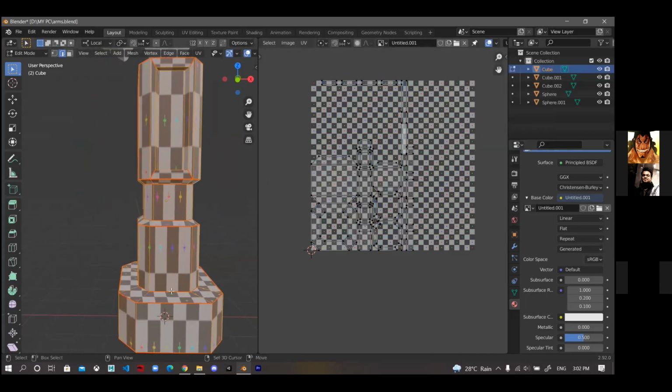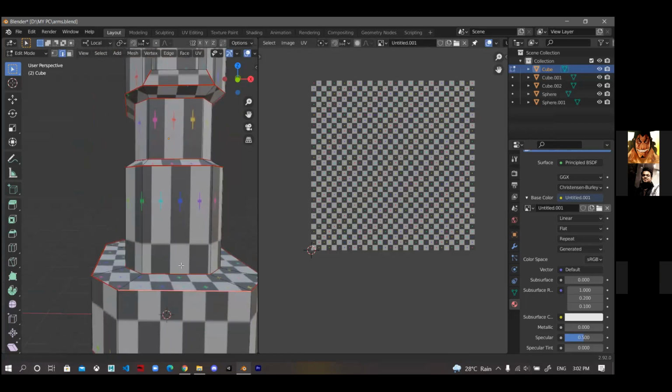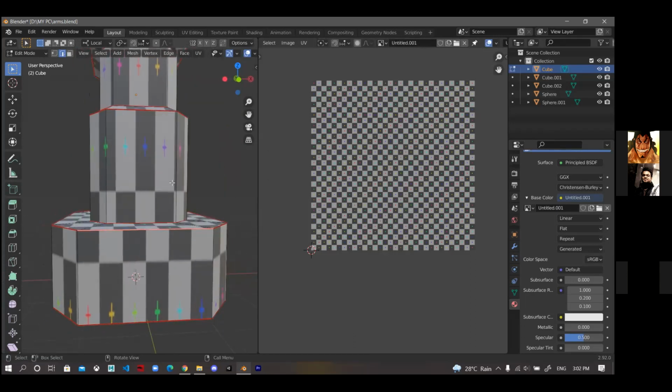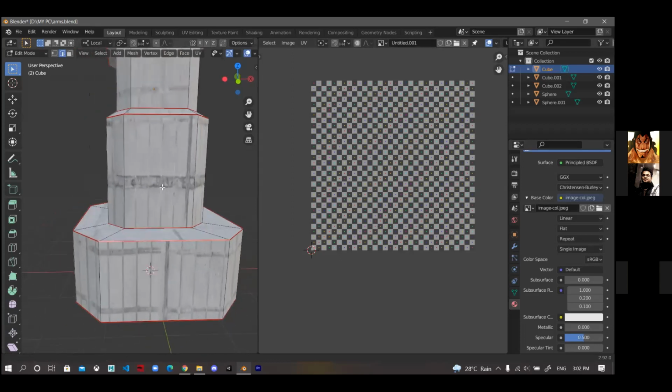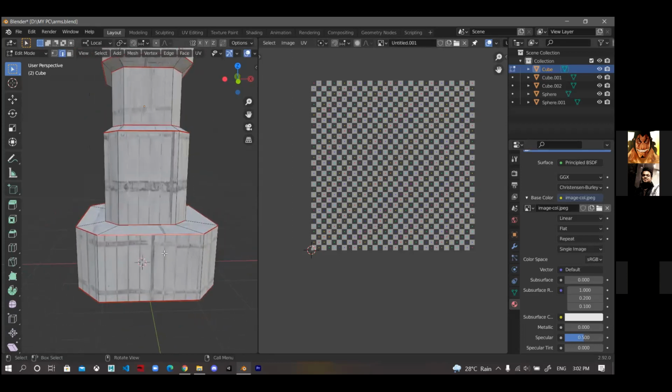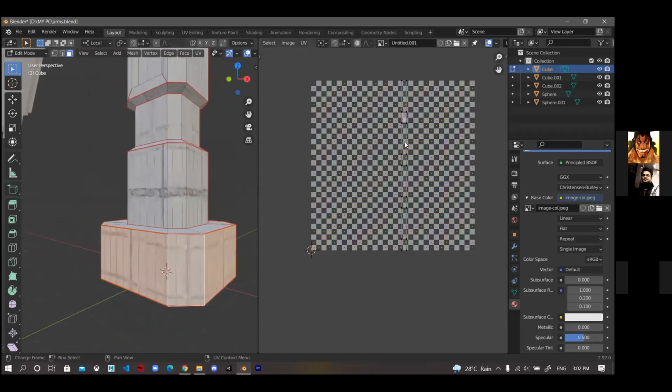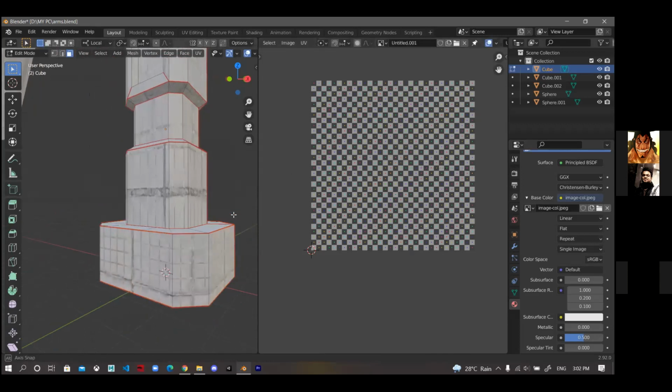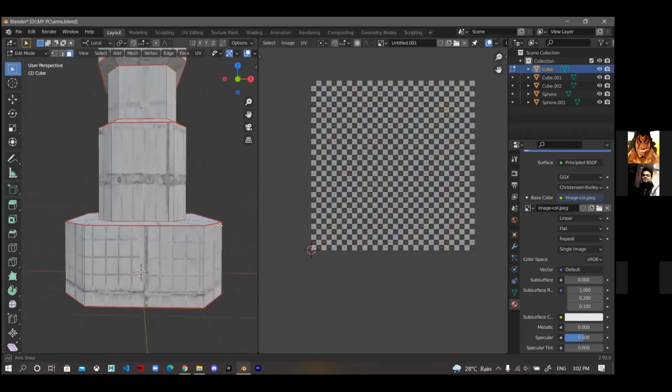Now we are done. But we have changed the scale of the circuit, the electric switch and all the faces. Press A here, select all, and we'll change the scale along X. I guess it is fine now.